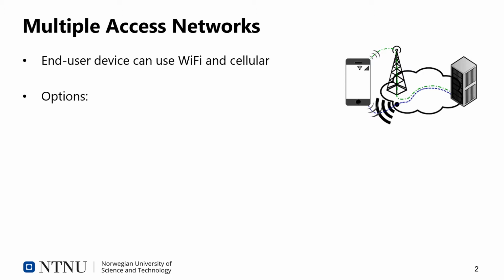Today's user devices support different access network technologies, which can be used to connect to various content provided by internet services. Access networks we use in our daily life when using our smartphones are Wi-Fi and cellular networks. Typically, we can manually decide to use either cellular or Wi-Fi, and selecting the best network is non-trivial, as network